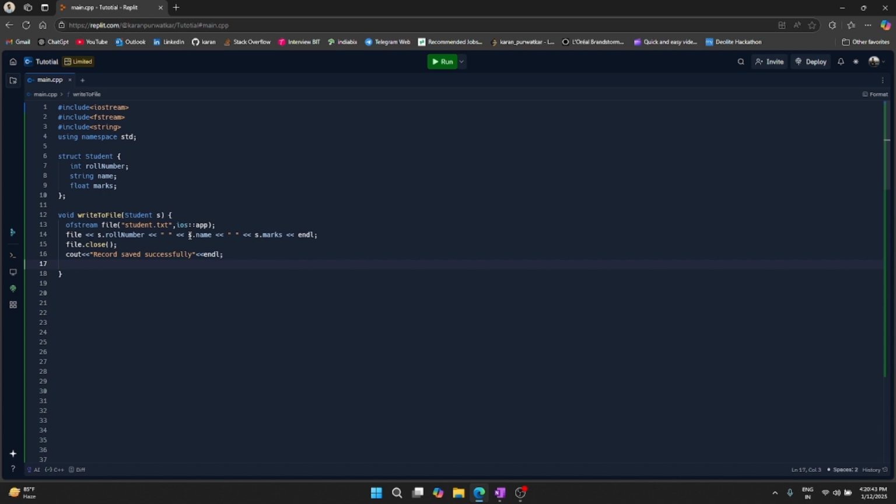So any doubt in this right now? I hope you did not get any type of doubt in this. Okay, we have to write another one, that is void, for the read format: readFromFile. So we have to read values from the file. Okay, so again complete it,